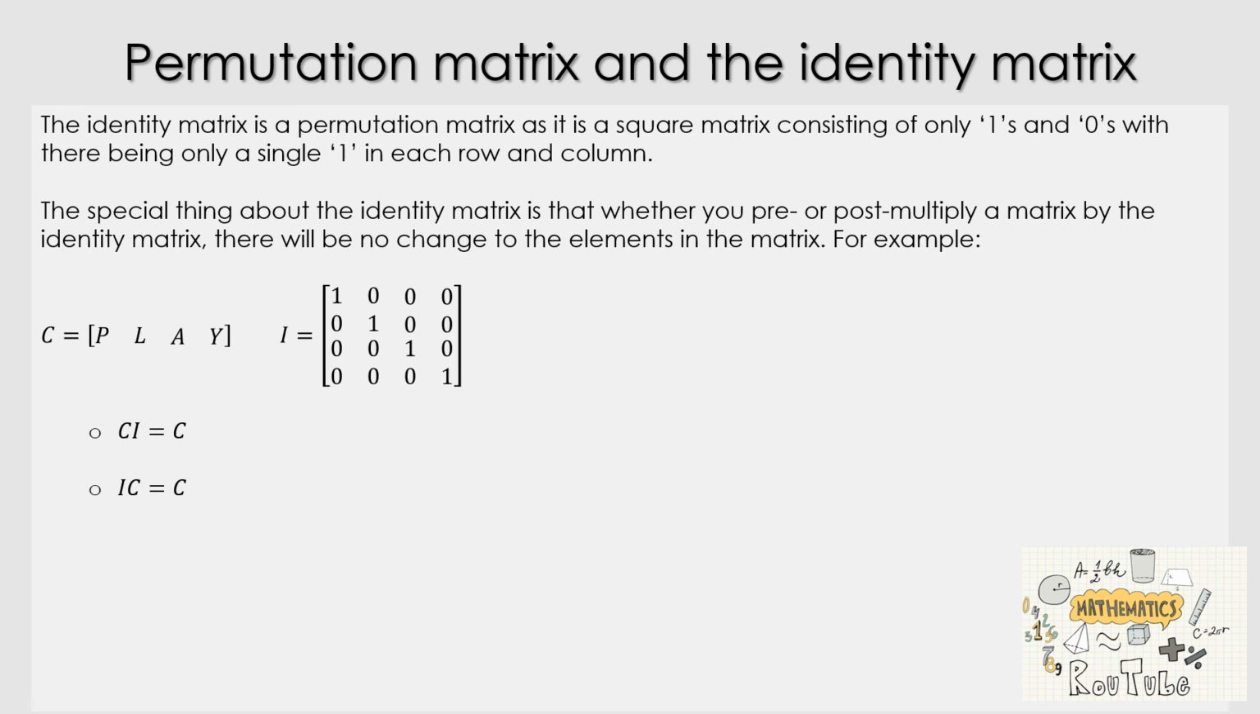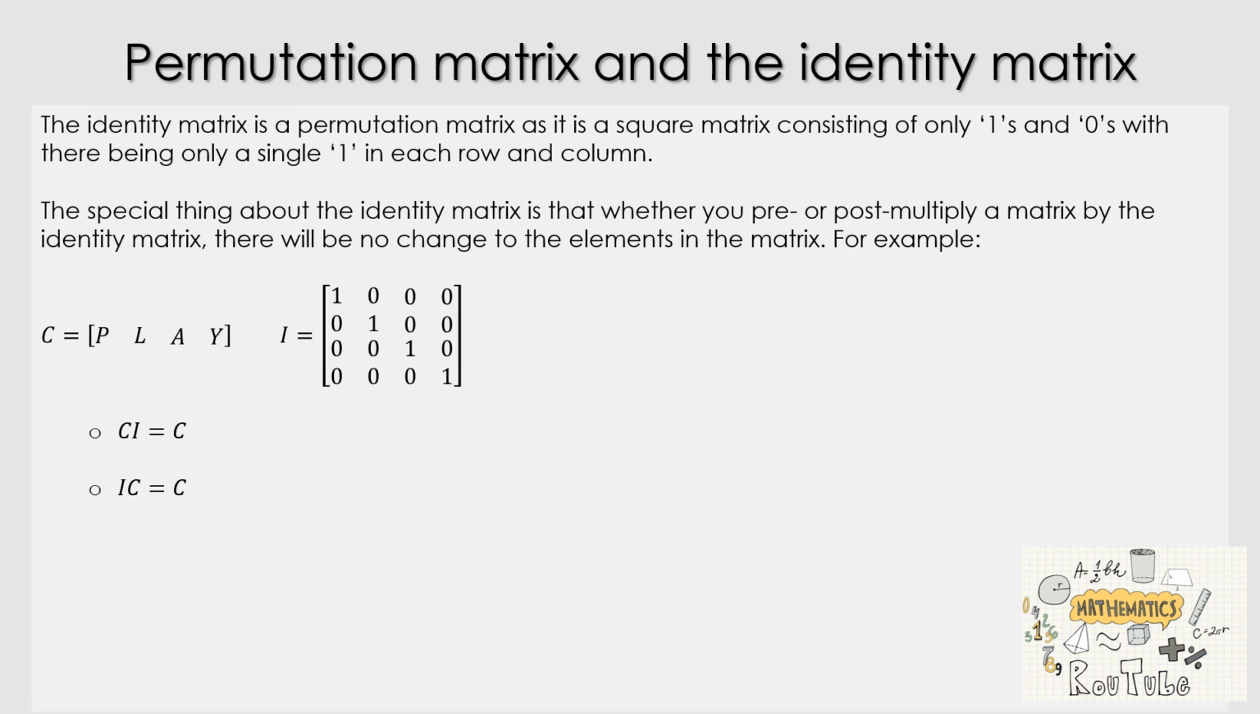So for example, if we have a look, we've got matrix C, and then we have matrix I. So matrix I is the identity matrix because the ones are all in the leading diagonal, which means they go from the element in the top left to the bottom right. And then we've got matrix C. So as we've seen before,